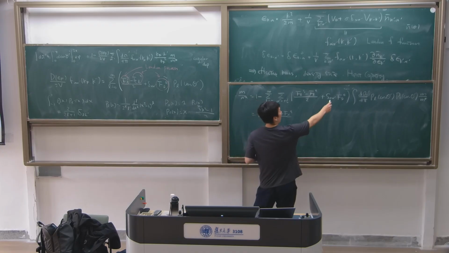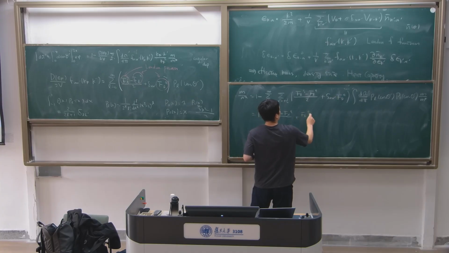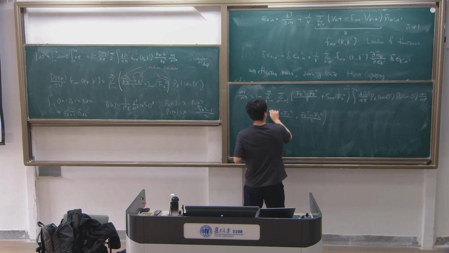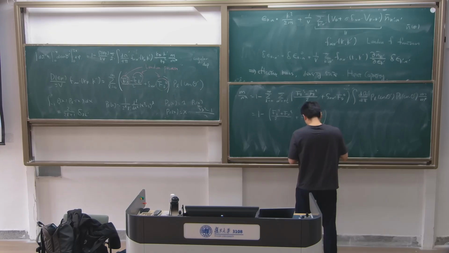On the other hand, if alpha is not equal to alpha prime, this is 0. So therefore you have FL S minus FL A divided by 2. Okay. Therefore this is equal to